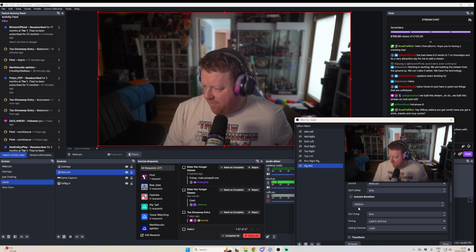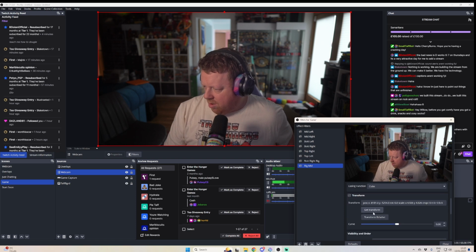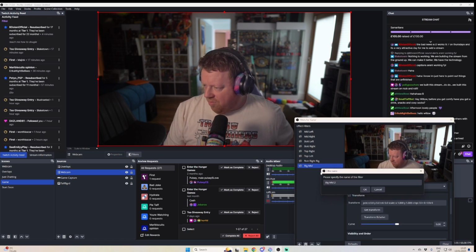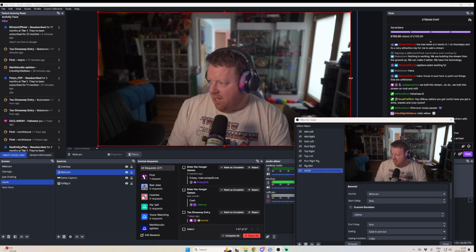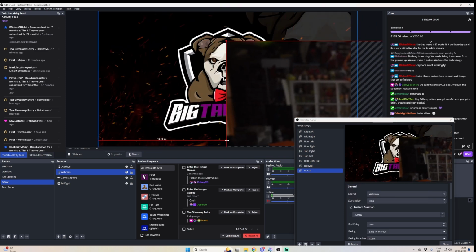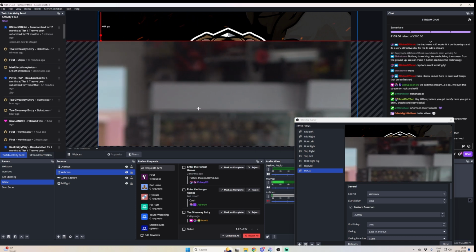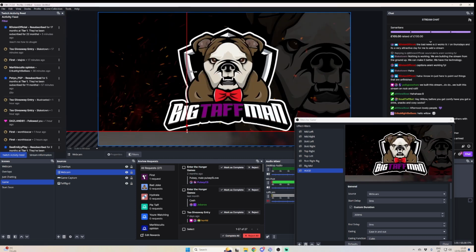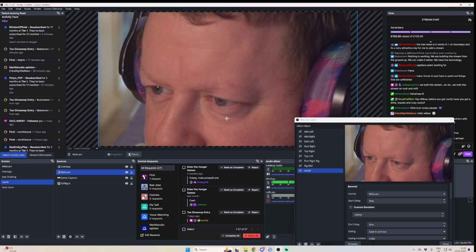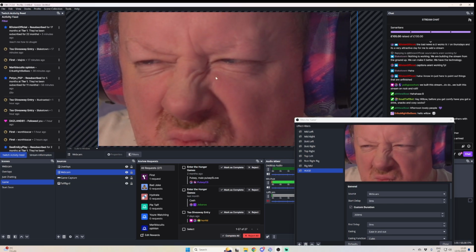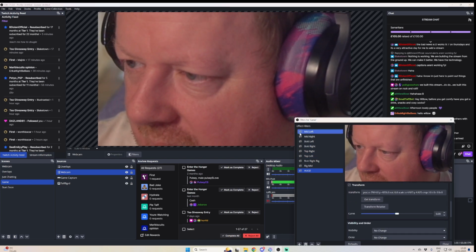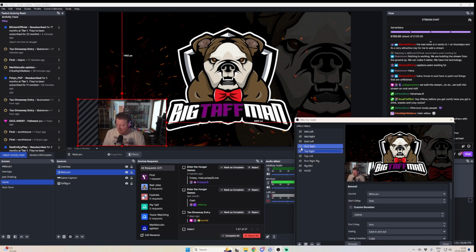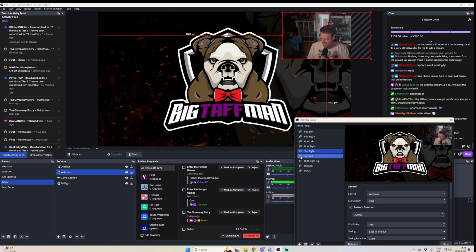Big mid should be that, and then duplicate, and then huge should be that's not huge enough yet. Huge should be that. So now mid left, mid right, mid bottom left, bottom right, top right, top left, bottom